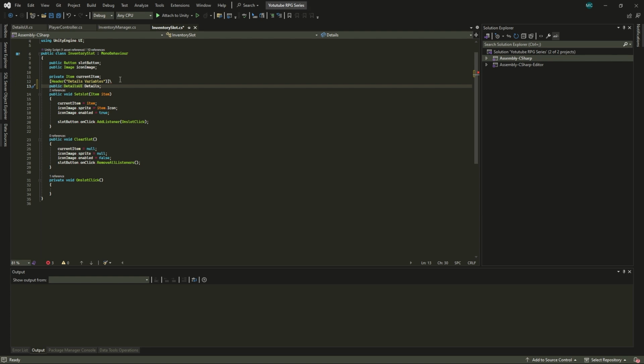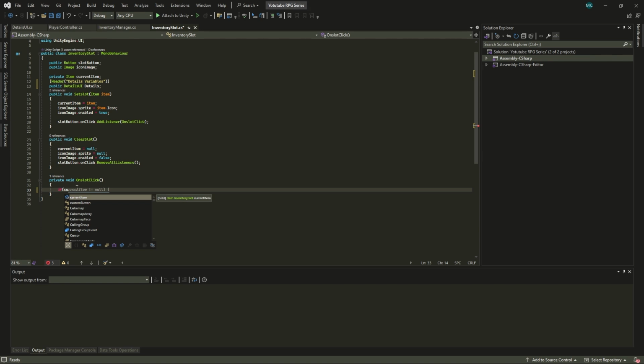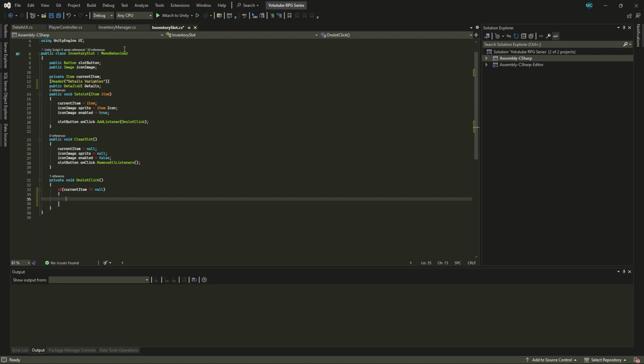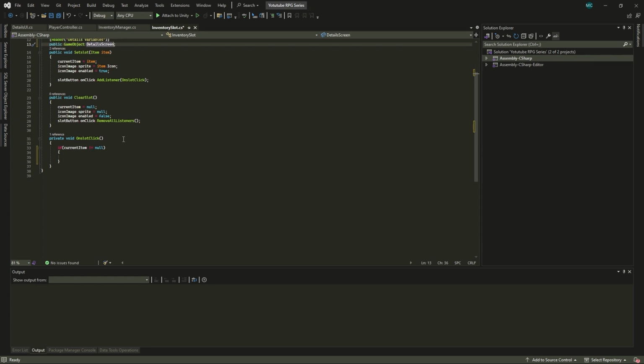Then on the on click, we're going to come here and say if current item is not equal to null. So let's actually make this a game object, not details, but game object details screen. Okay. So if current item is not equal to null, we're going to say